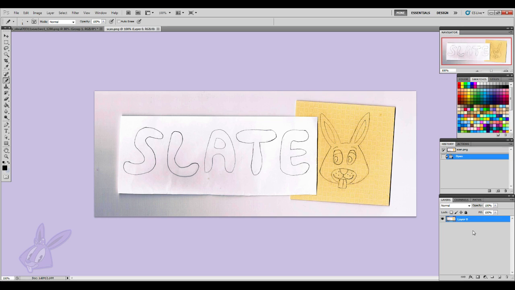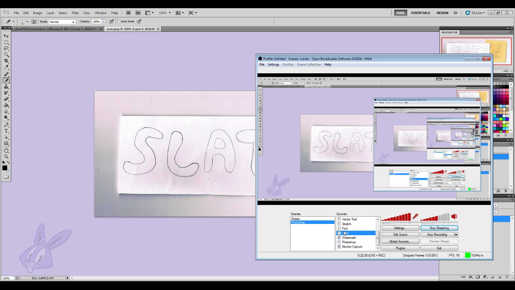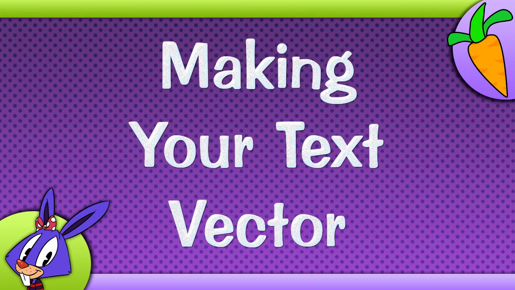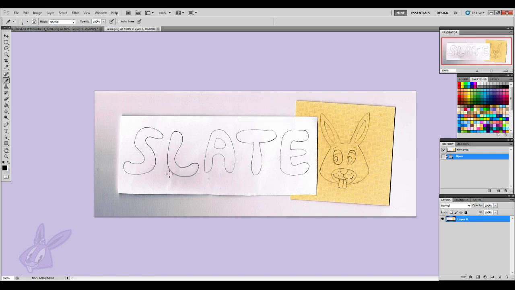Okay, so the next part is turning your text into vector shapes. Now, making vector shapes is something that I explained in the first guide. So on this guide, I'm not gonna repeat it too much, but I am going to repeat at least a few parts of it because I want this guide to be as clear as possible. So the first thing you want to do is use the pen tool,